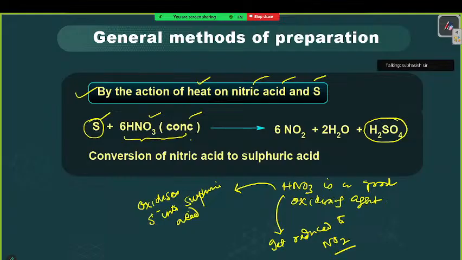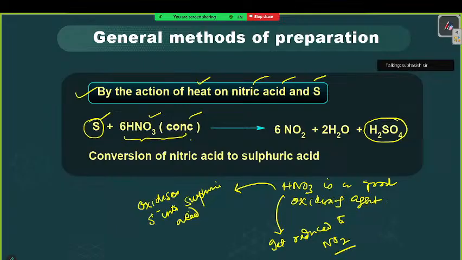All such questions should be answered on the basis of the fact that nitric acid is a good oxidizing agent, and it oxidizes sulfur into sulfuric acid and itself gets reduced into nitrogen dioxide. So these are the important facts that you have to know from this particular reaction. This is a very good method for the preparation of sulfuric acid, but this method is not